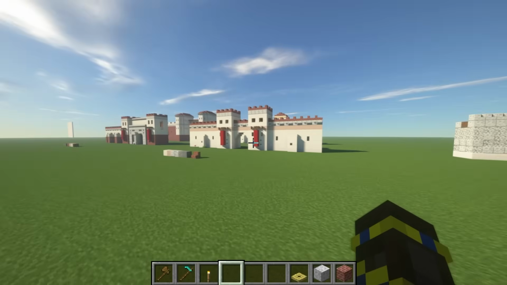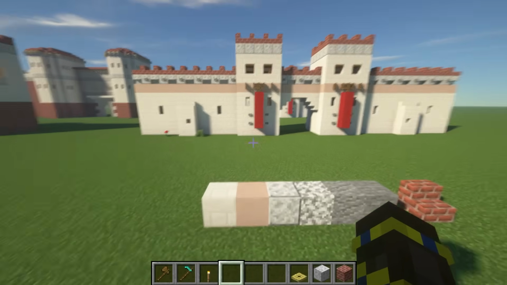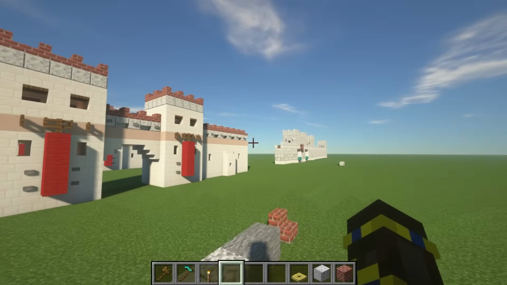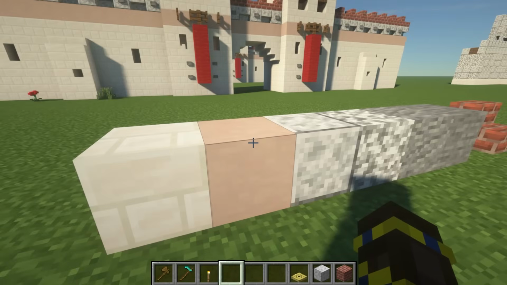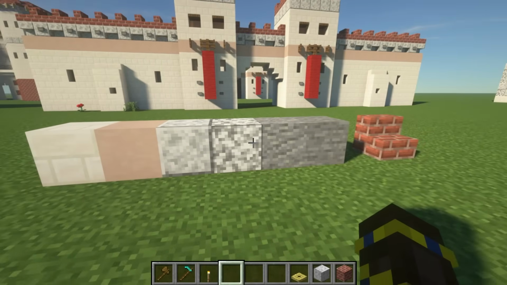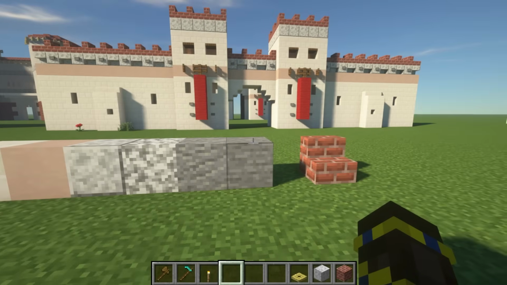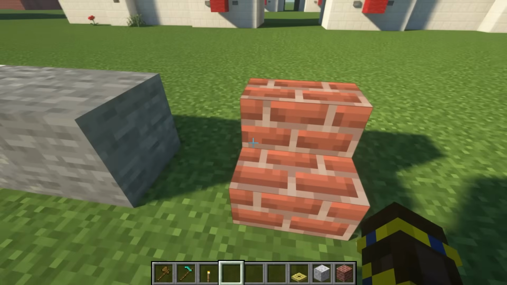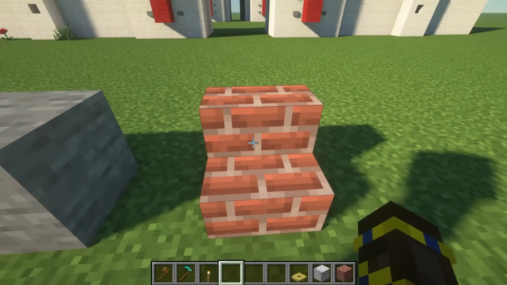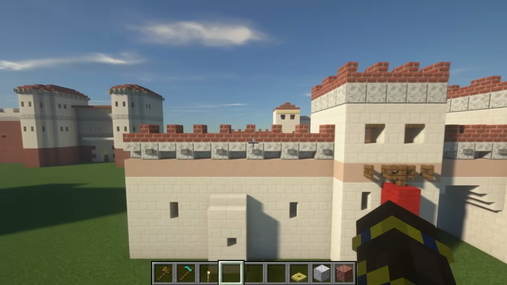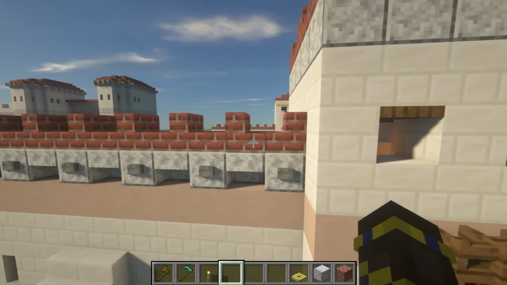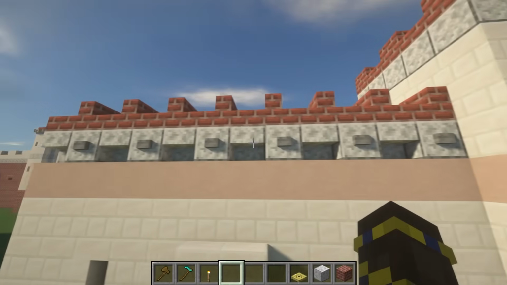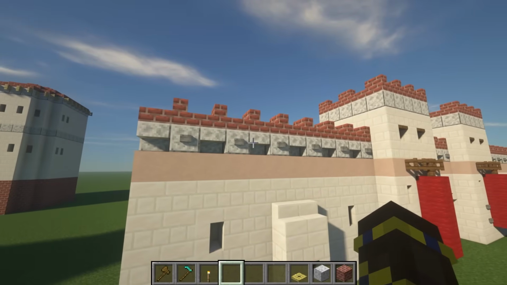So as you come to this side here, the Hellenistic period, in between the Roman and the ancient classical Greece period, I'm going to be using things like quartz bricks, white terracotta, again the diorite blocks, some stone blocks here, so andesite and stone, and then again something as the indication for terracotta tiles. So what I like to do is make crenellations with stairs and slabs. I like to do bits of diorite here, so you have just banded layers, but it looks slightly more developed